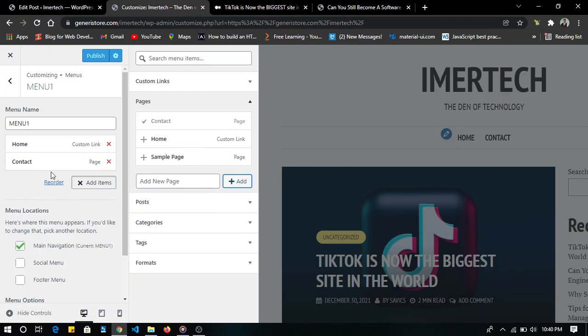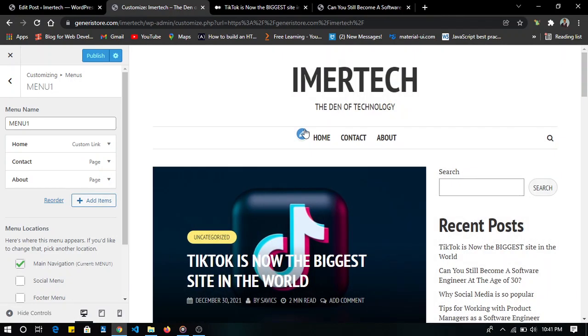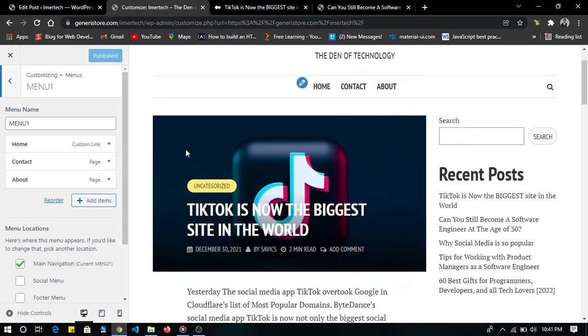Alright, then you can still decide to have about us page if you want to, add page. Now all these pages are empty pages, so we can actually make edits later as we're building. So once you're done adding, as you can see it's coming up here, you now publish it. Alright, so after publishing,